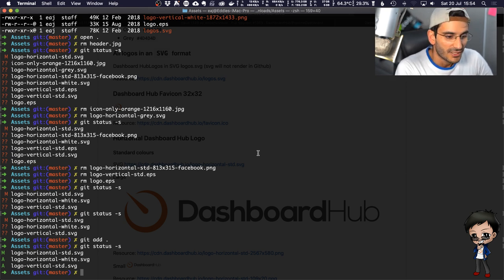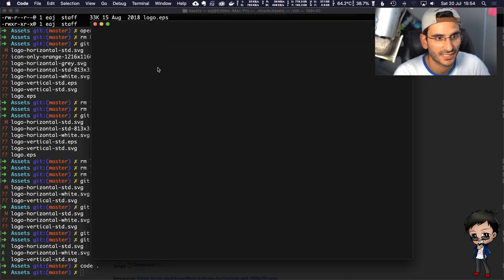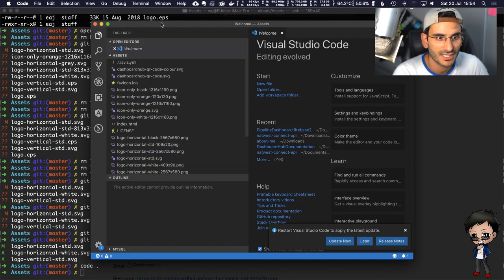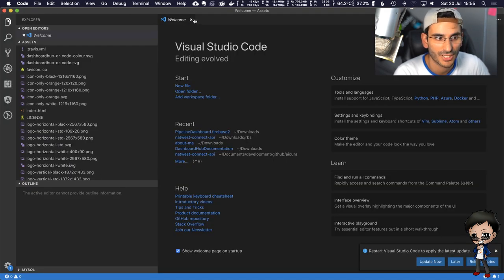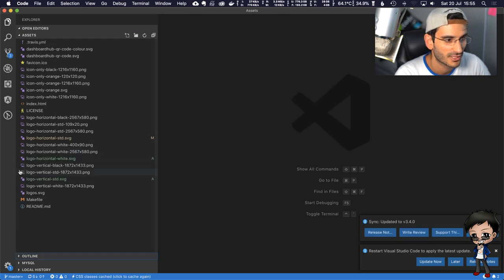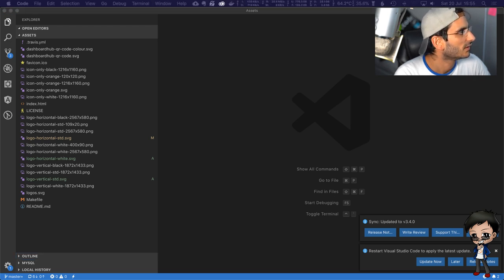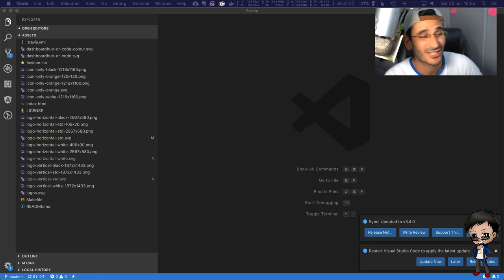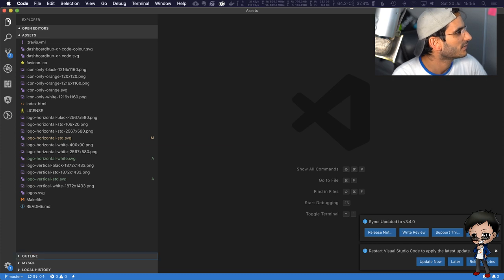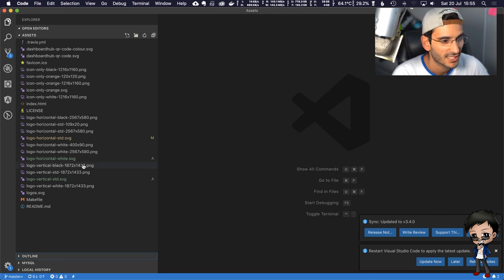So yes, I want to add these to the project, but I do want to add them to the README. So let's open VS Code and add them to the README so people can find them. Is this the right project? It is. Let's remove outline, I don't need this. Let me just, what have I done here? Okay, let me close this. Sorry, I've got too many screens. Right, close this as well. I've already forgotten what I was going to do, which is not great.